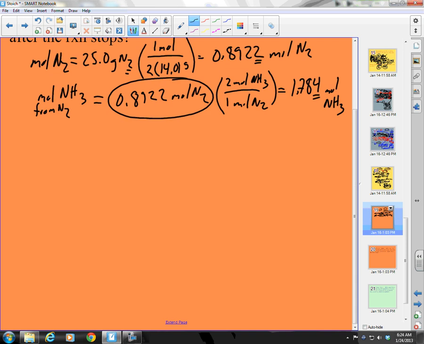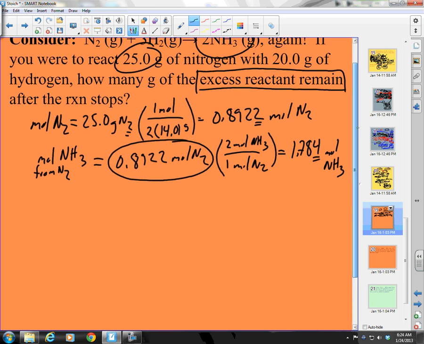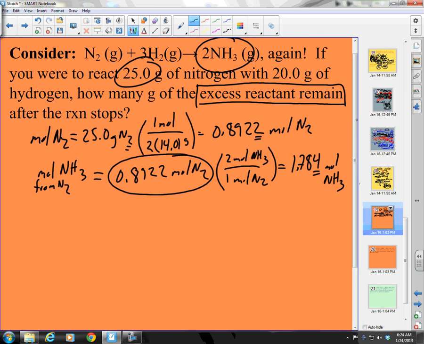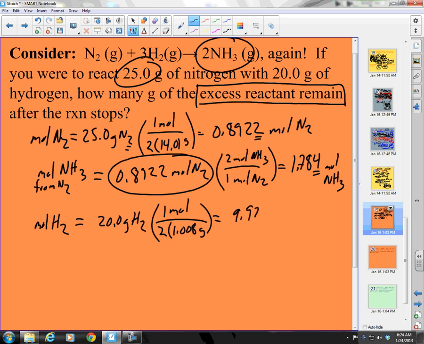Now we do the same thing with my hydrogen. I have 20 grams of hydrogen. So I want moles of hydrogen, which is equal to 20 grams of hydrogen times 1 mole per 2 times 1.008 grams. So what do we get here? 20.0 divided by 2 divided by 1.008, and I get 9.920